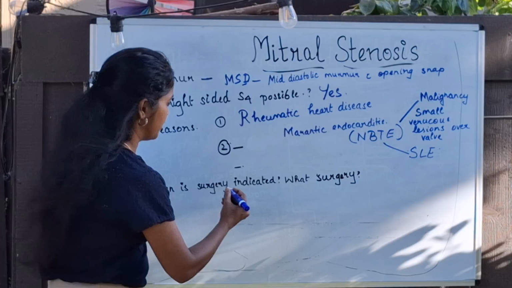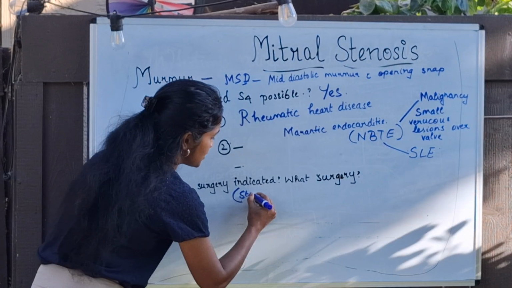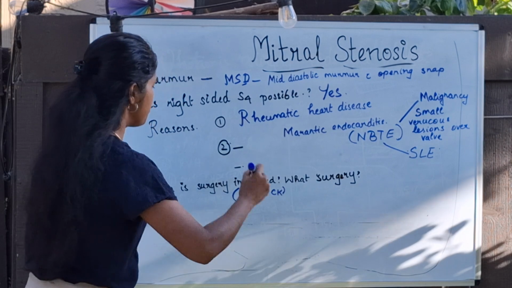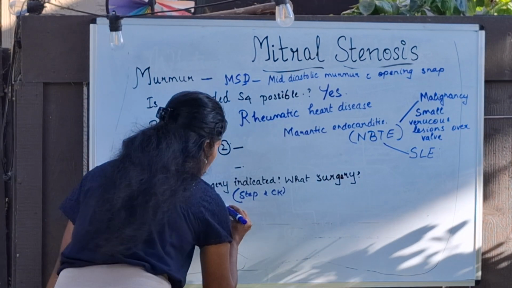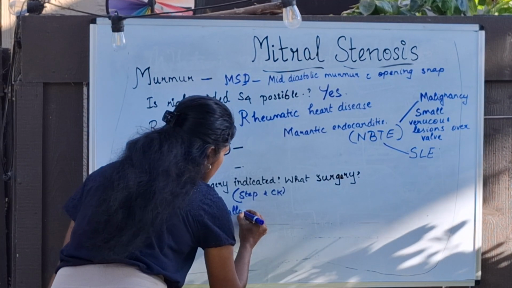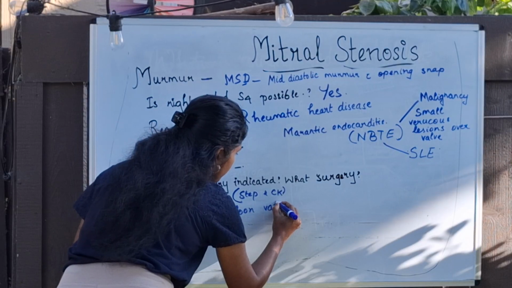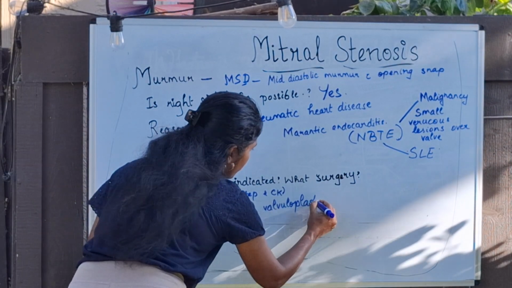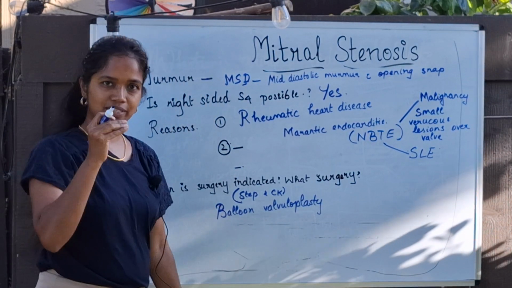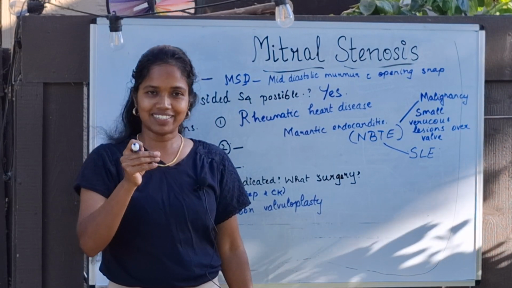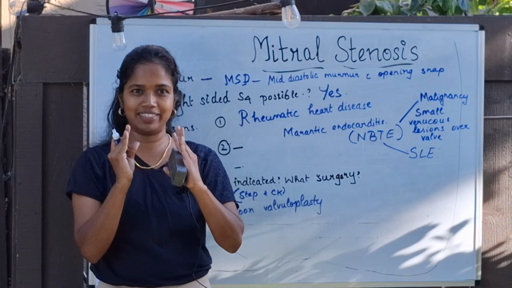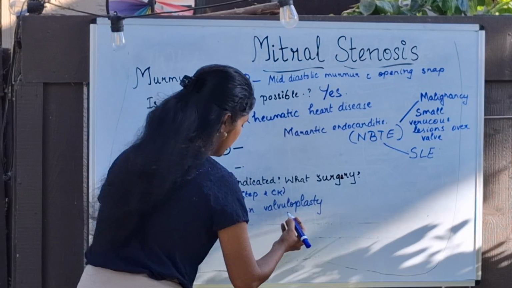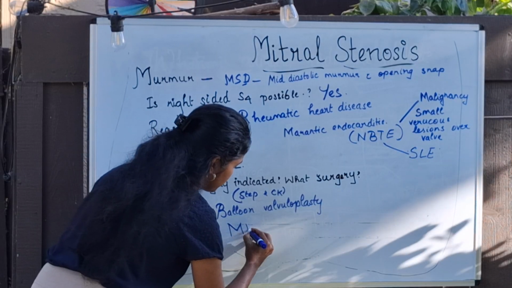When is surgery indicated? These types of questions are generally asked in Step 2 CK. And what type of surgery is indicated? First, balloon valvuloplasty. As the name says, a balloon is inserted in the mitral valve such that the mitral valve opening can be increased. Balloon valvuloplasty is the first priority, but mitral valve replacement